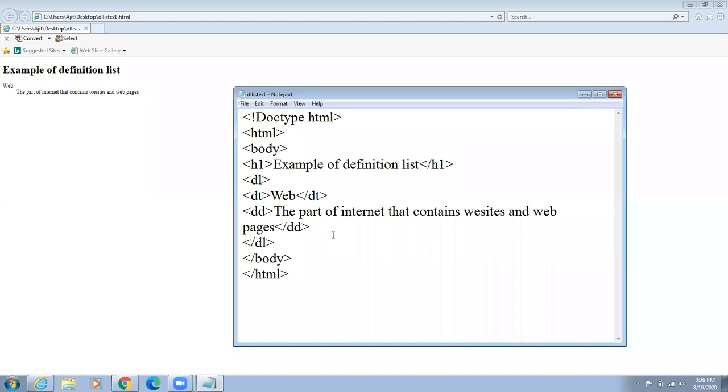If you want to add more terms, so how can you add more terms? See here, after the definition data, give some space and write a new definition term. For example, HTML.